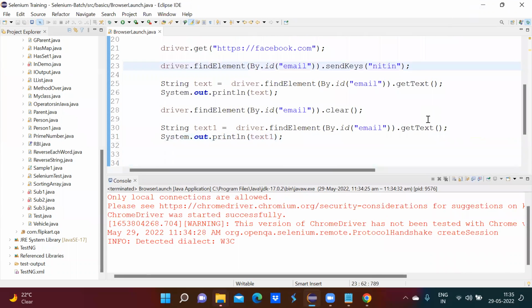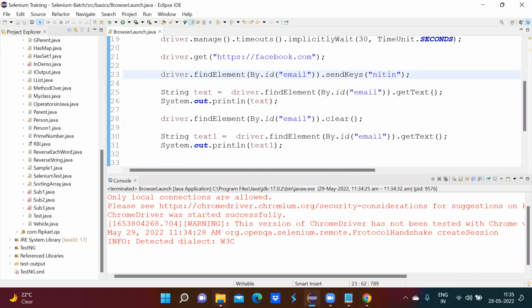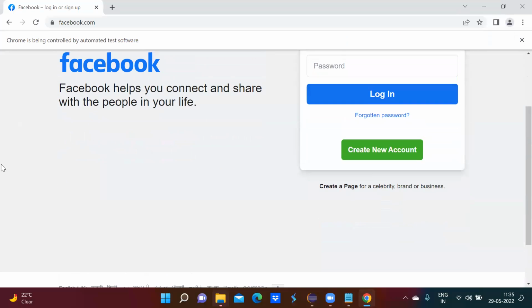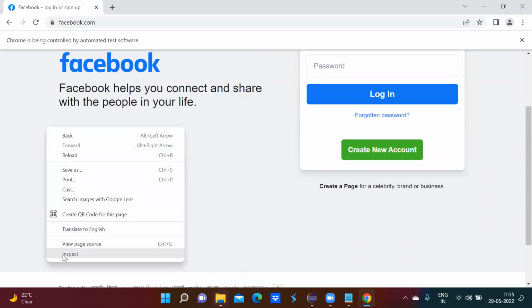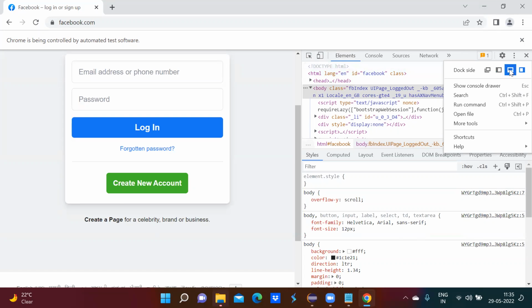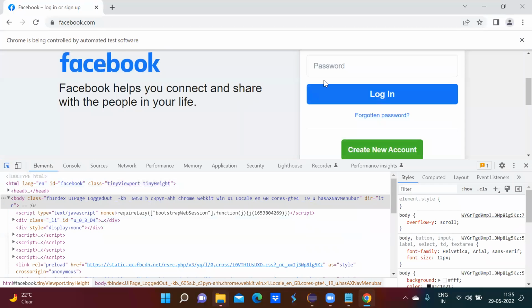Can we use the debugger to check? One second. So